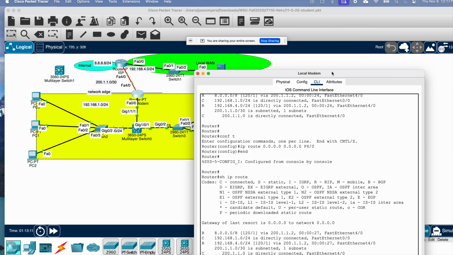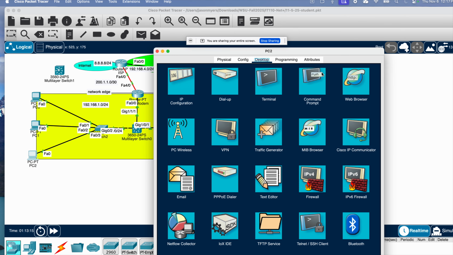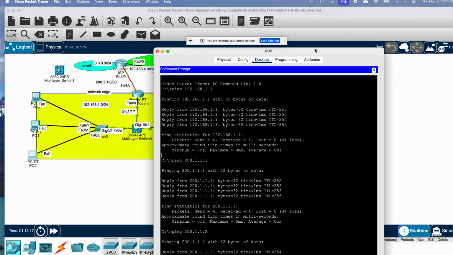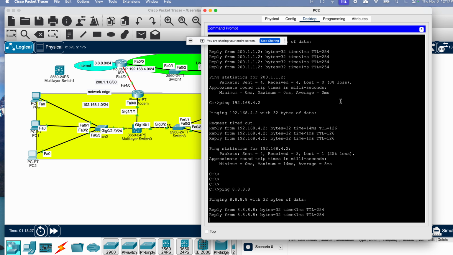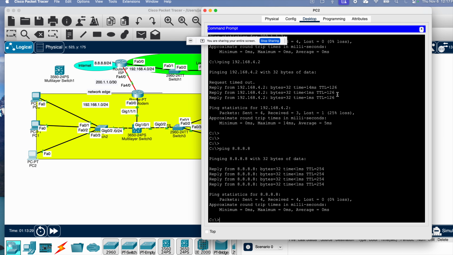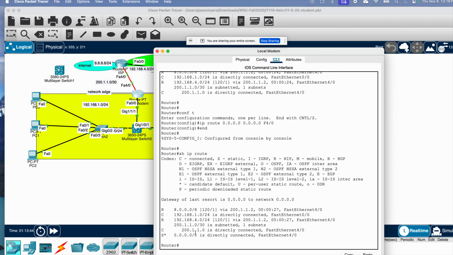Now, what's the benefit of the default route? Well, the benefit is this. Let's see if we can ping 8.8.8.8 and we can get out to the internet. That's what 8.8.8.8 represents in this drawing. We can get out onto the internet. Now let's say for example, we get here, and because we have a default route,